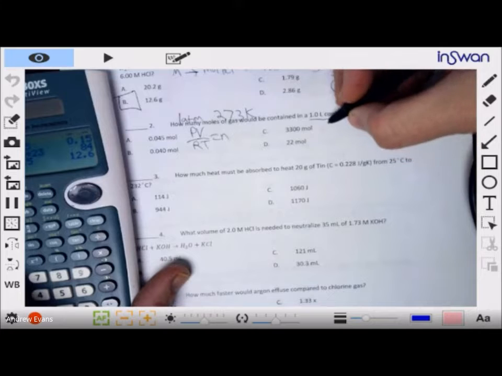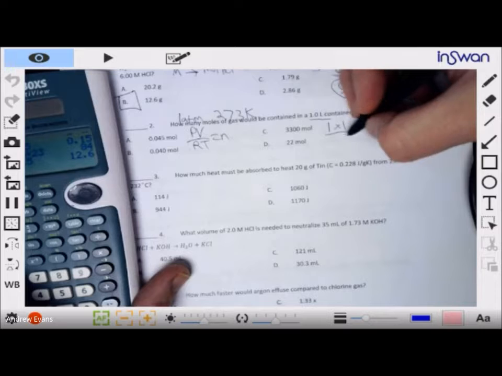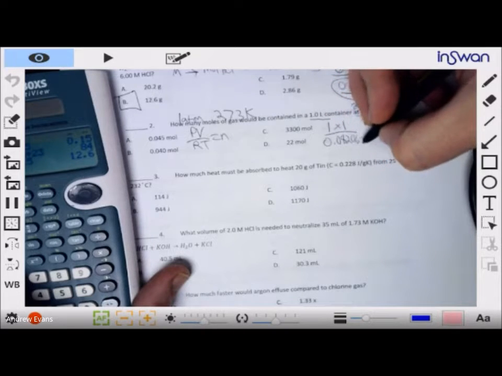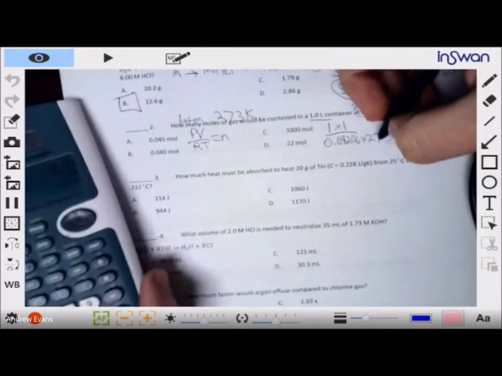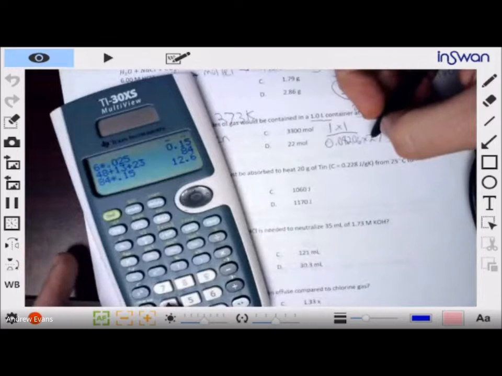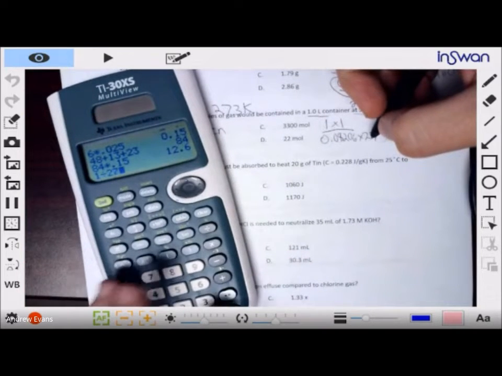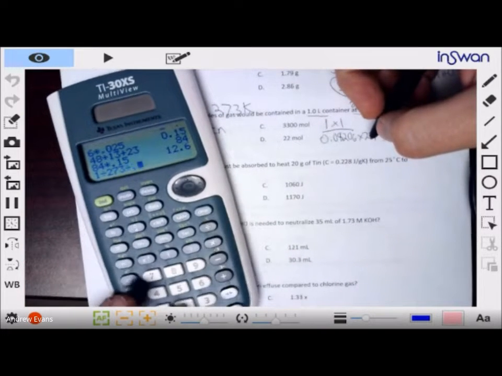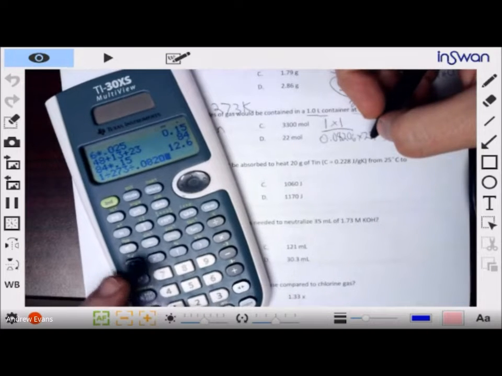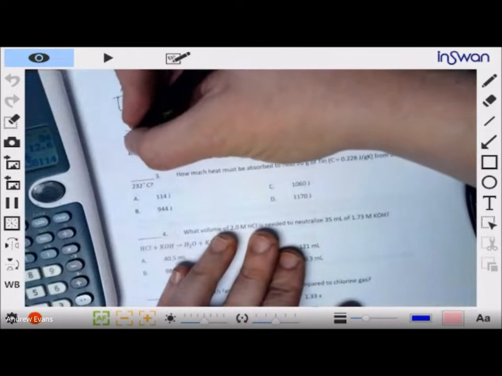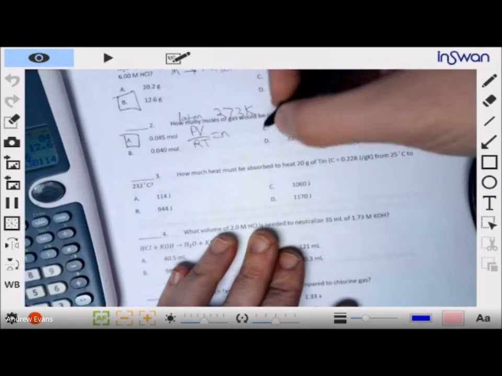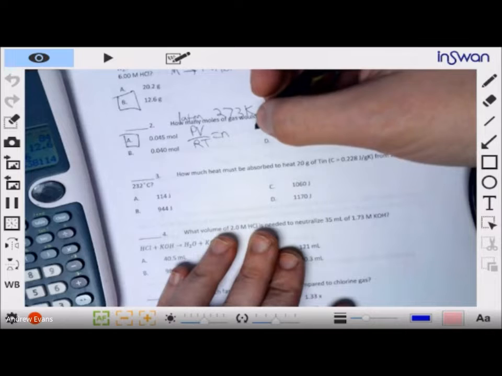So 1 atmosphere times 1 liter over R, 0.0821, and temperature 273. Had you used the wrong R, you probably still would have got the same answer, but you have to use 273 to get the right answer. Otherwise, you get answer B. The correct answer is answer A,